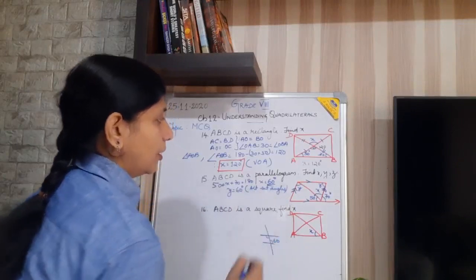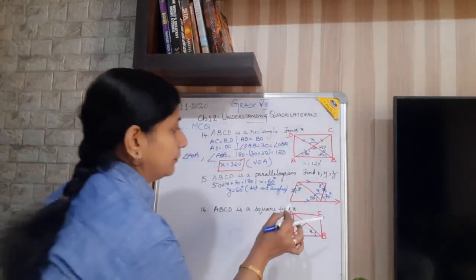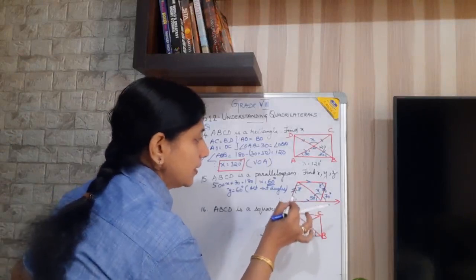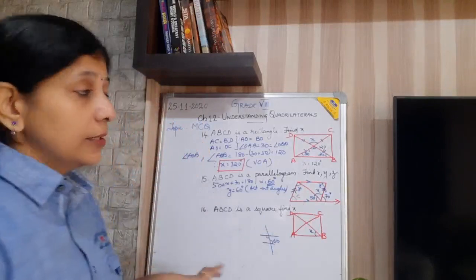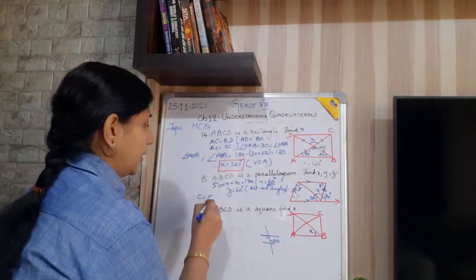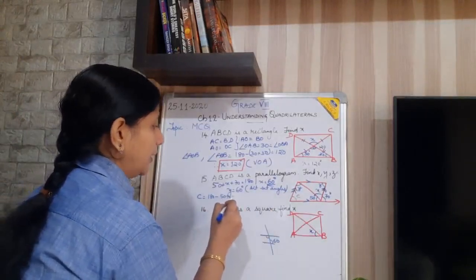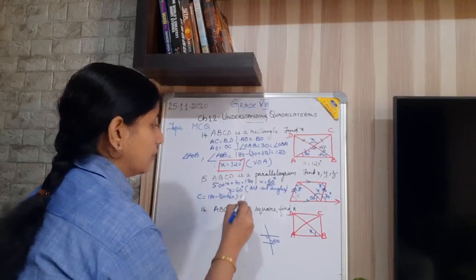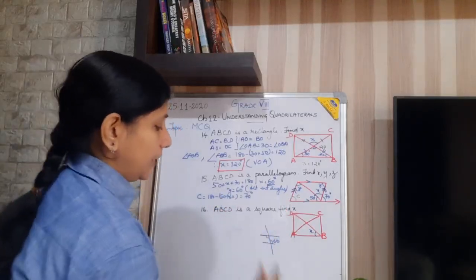So now y is equal to this one, and so what about this angle? Because this is a triangle, if I put it as C, what is C? C equals 180 minus 50 plus 60, which is 110. So 180 minus 110 is 70 degrees. So C, you got it as 70 degrees.